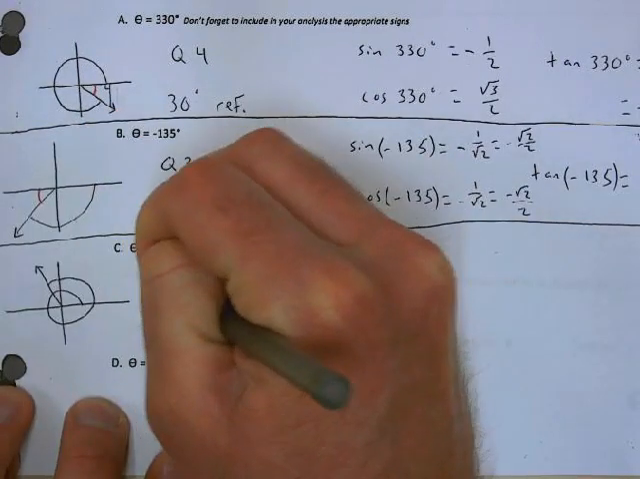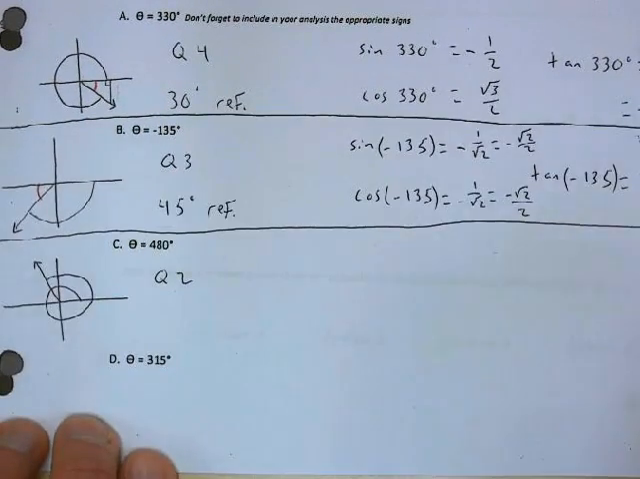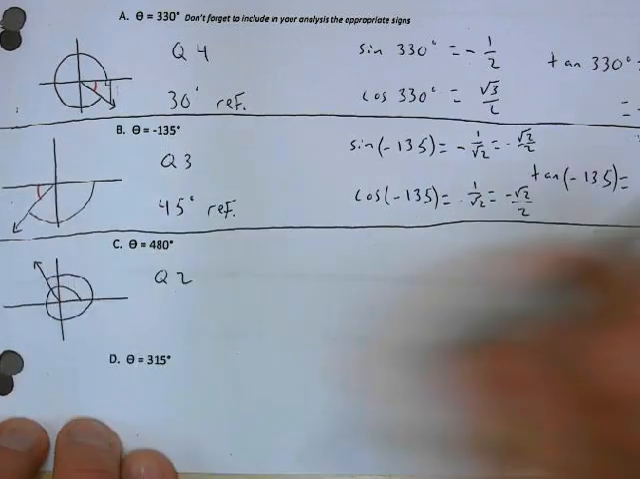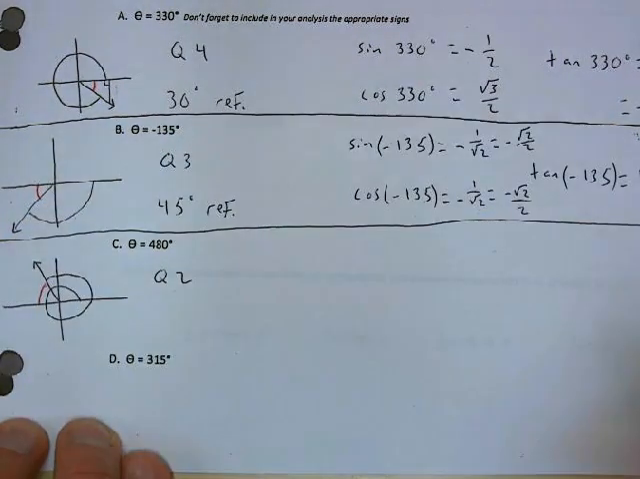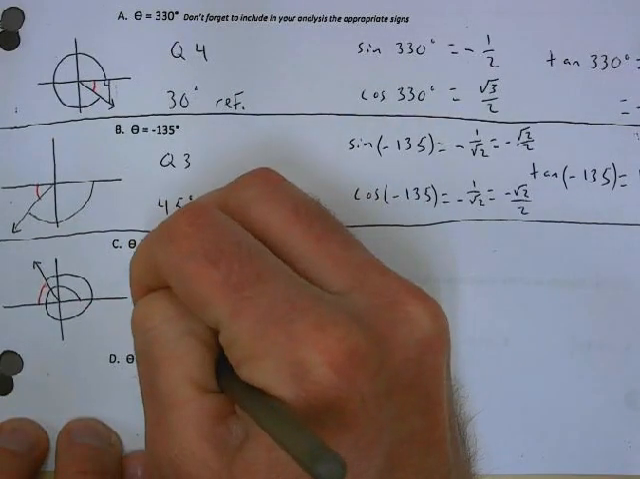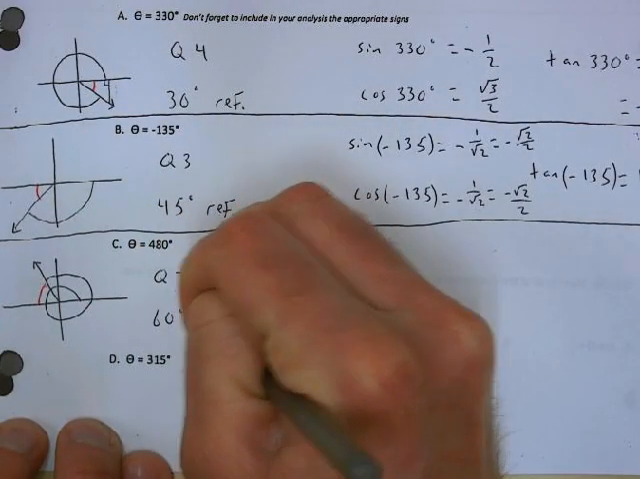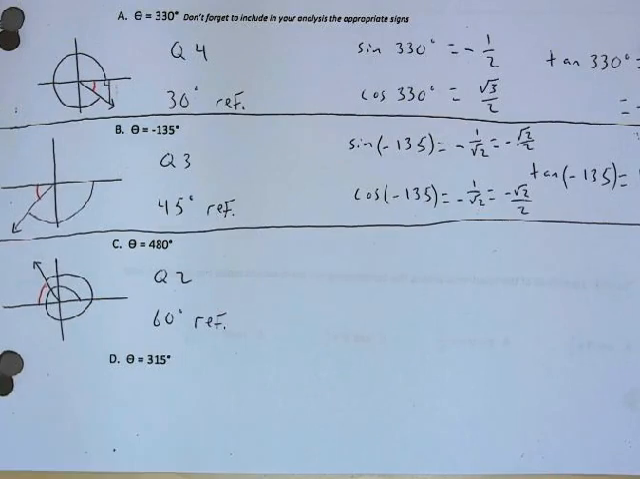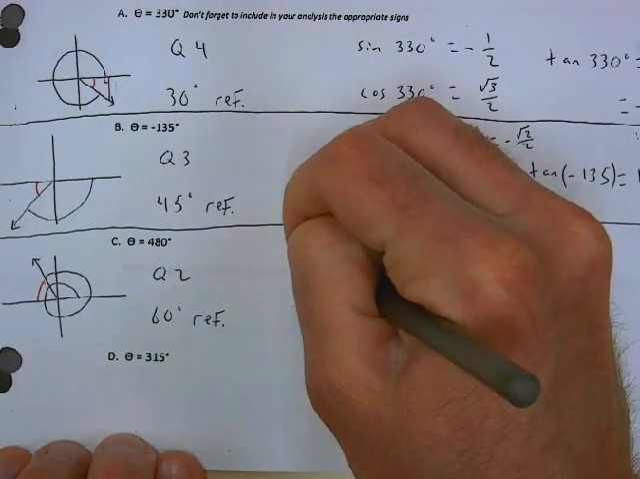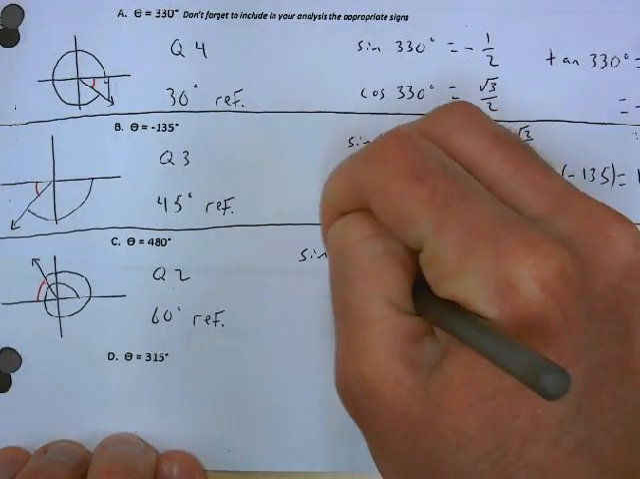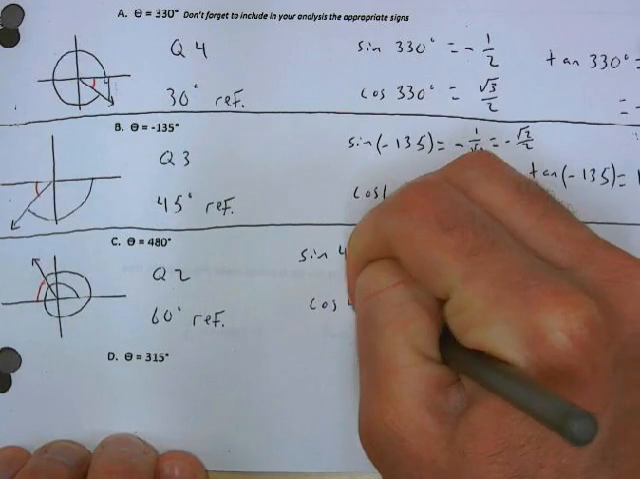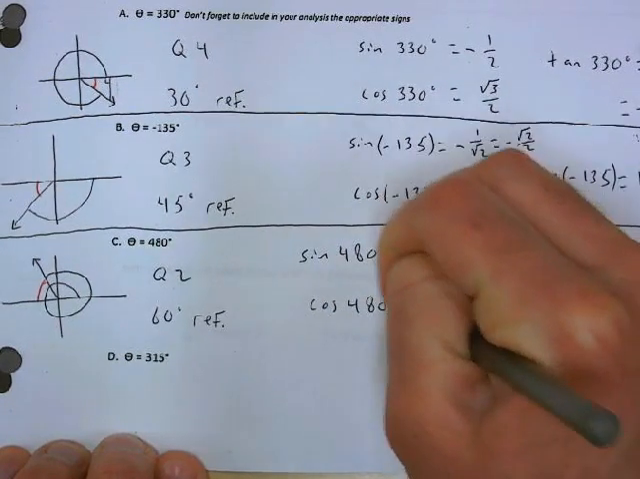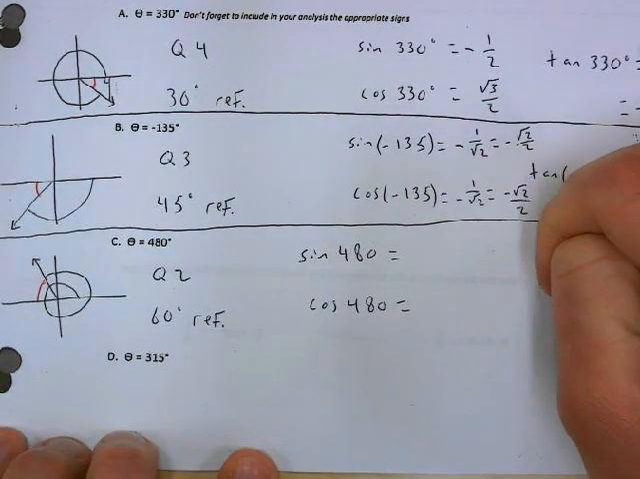So we're in quadrant 2. And we went 30 degrees past this, so how big would this angle be here? In other words, our reference angle would be 60 degrees. So we have a 60 degree reference angle. Then we want to know the sine of our angle. What's the sine of 480? What's the cosine of 480? And what is the tangent